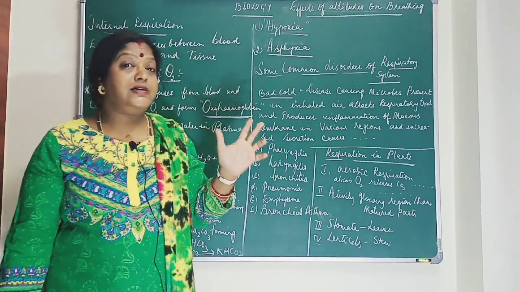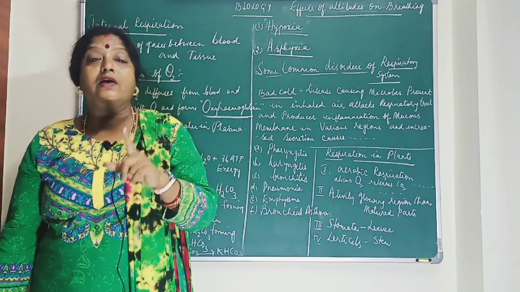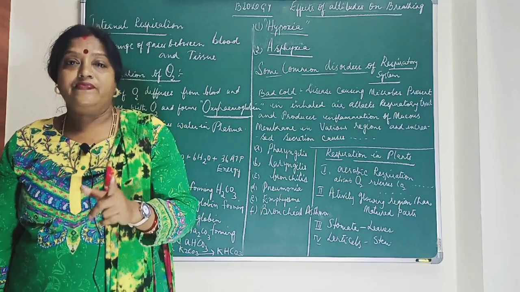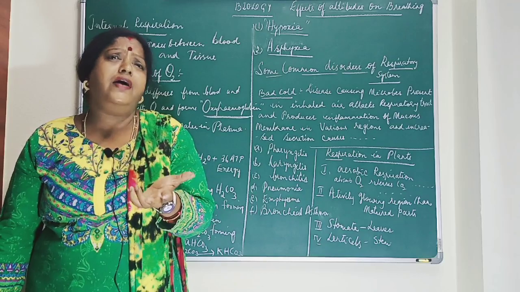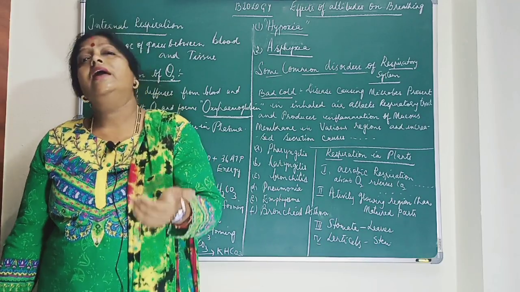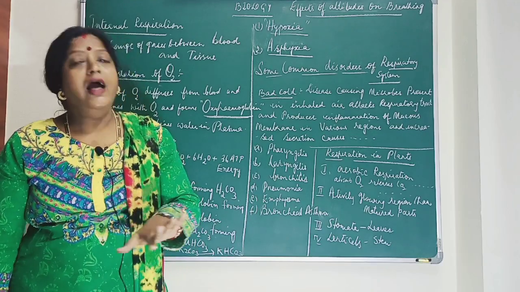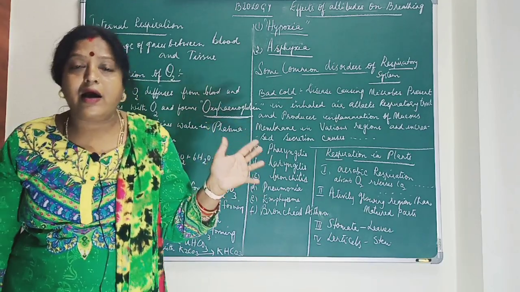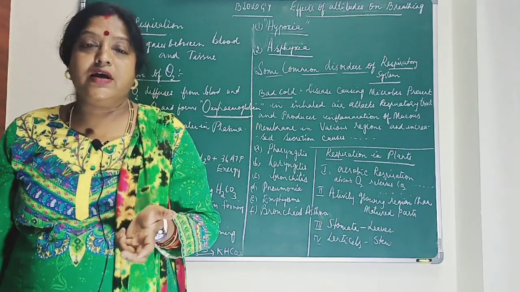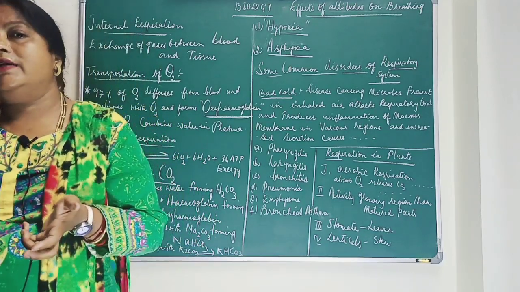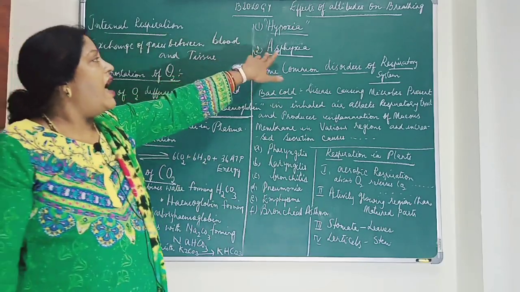It is the condition where the availability of oxygen required for the body is lesser. The oxygen level goes on decreasing below what is required for the cells and tissues for functioning. This is characterized by headache, nausea, mental fatigue, and dizziness. Next one is asphyxia.